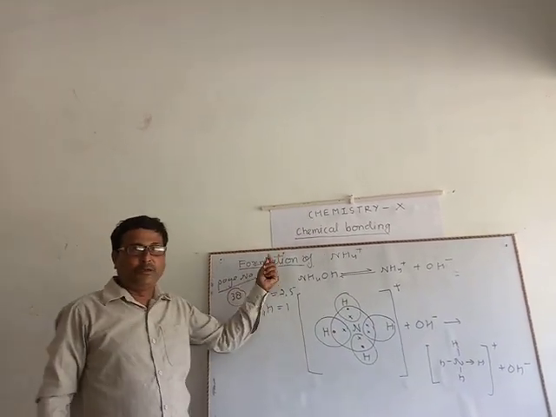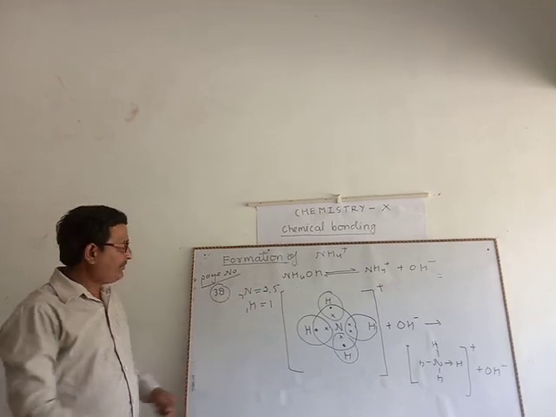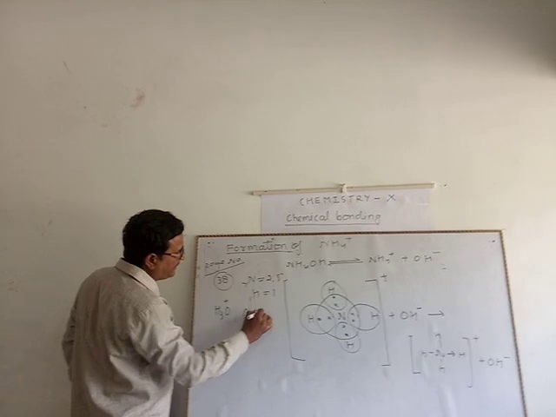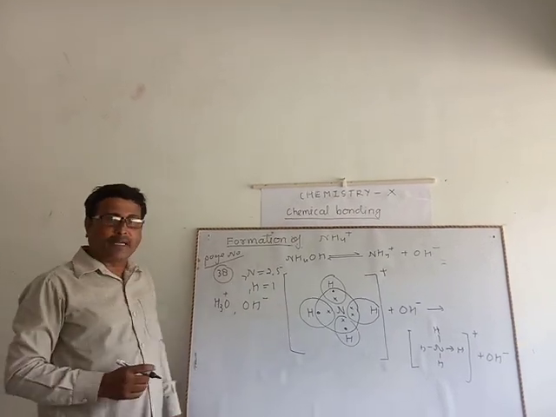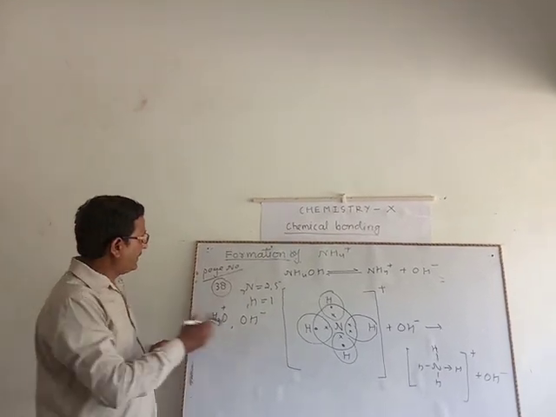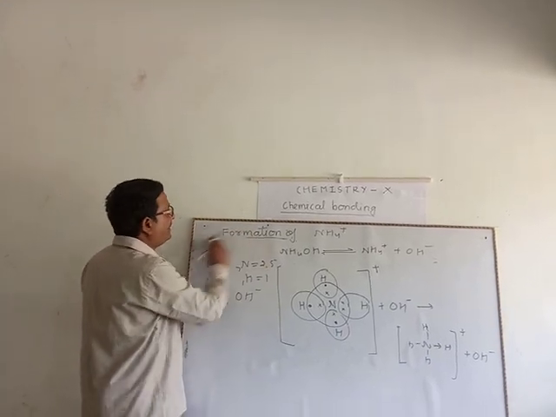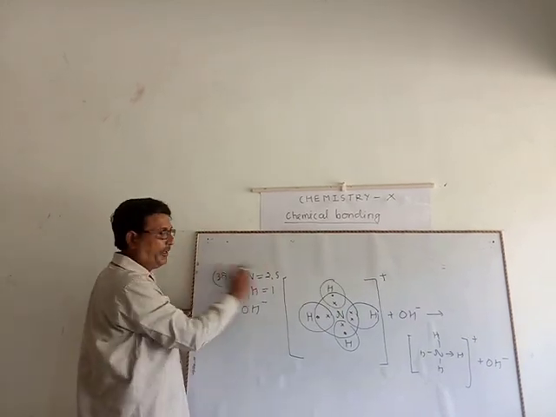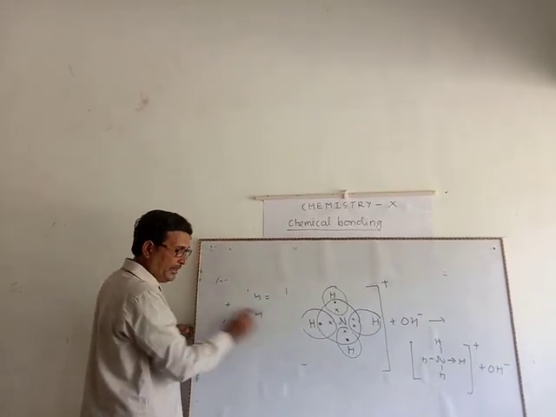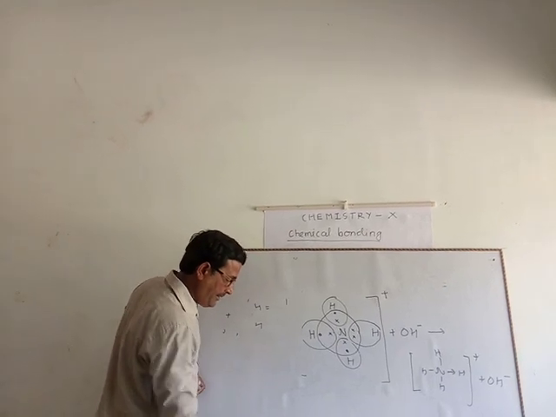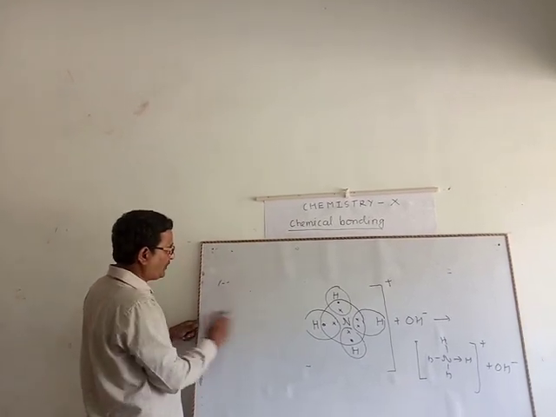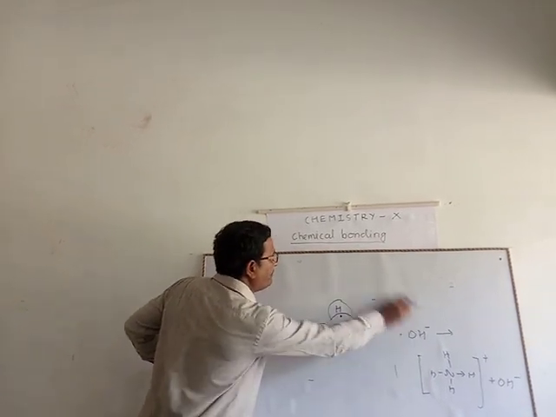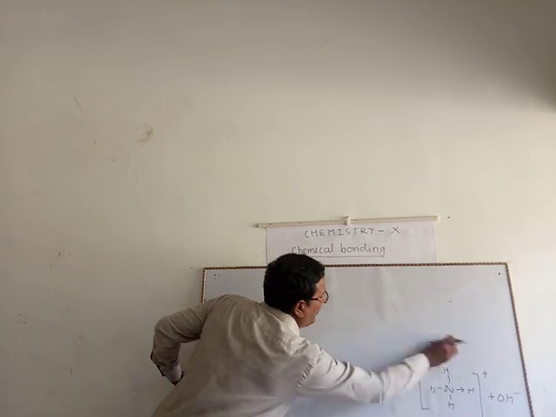Similarly, I have given homework: the formation of the hydronium ion H3O plus, OH minus, the nitrate radical and carbonate. These I have given in homework. Now, the difference between ionic or electrovalent compounds and covalent compounds. Page number 34. Students, see page number 34, where the difference between ionic compounds and covalent compounds is given.